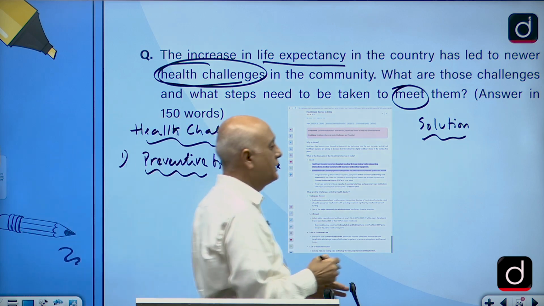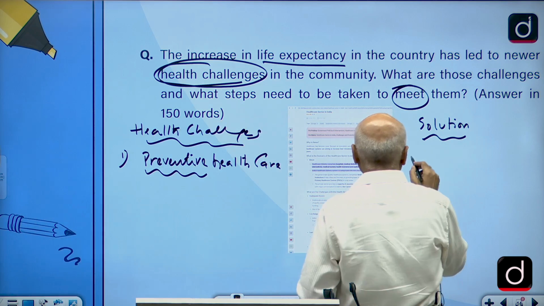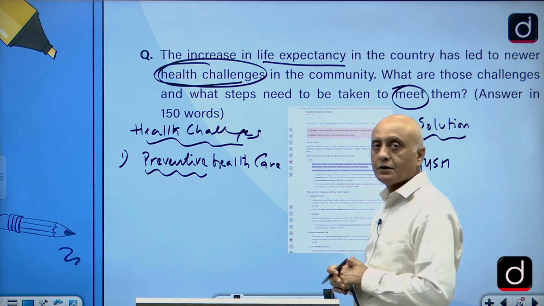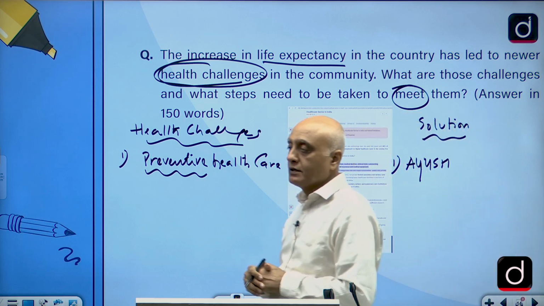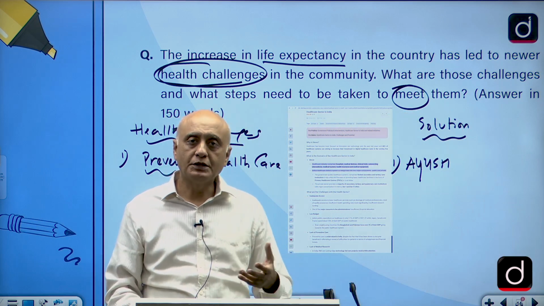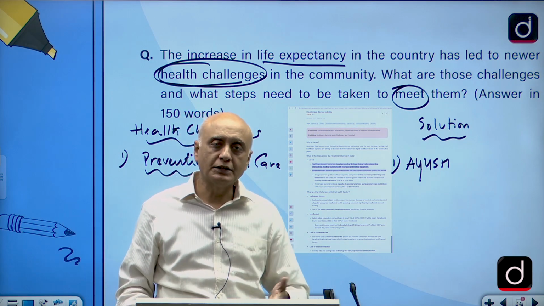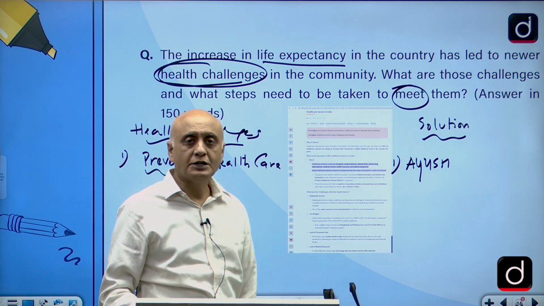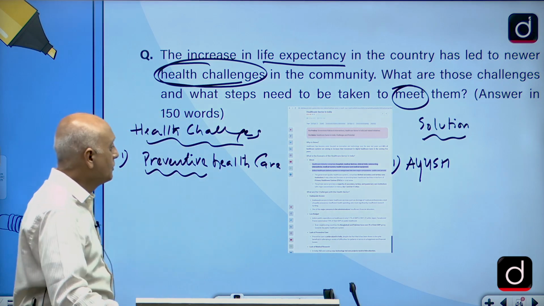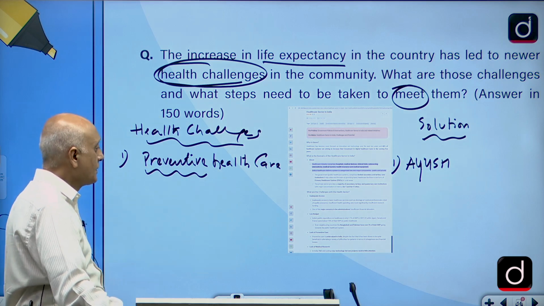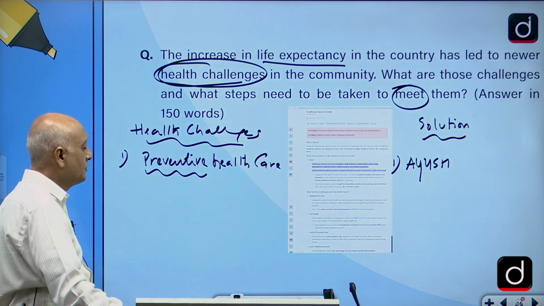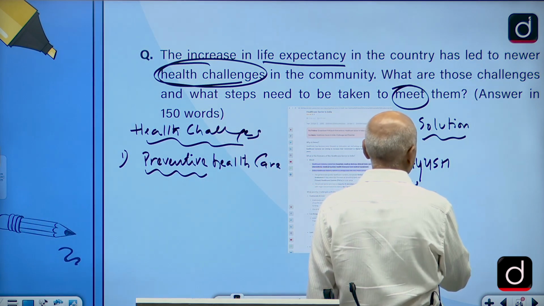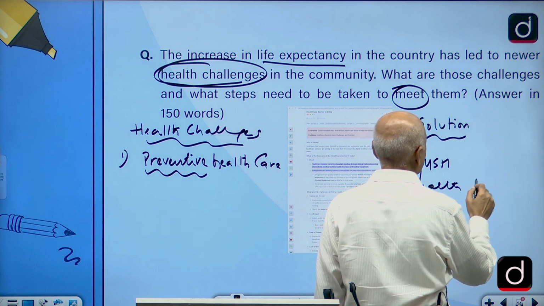Now on the solution side, I can give you solutions side by side, we can plan. The Ayush Mantralaya has played a vital role in the prevention of corona, because the allopathic system, the homeopathic system and the Ayurvedic system all worked together in the corona period, and some prevention was better done with the kadhas that were popularized by the Ayush ministry. So preventive health care models can be promoted by Ayush, and we can introduce health education in the school and college curriculums